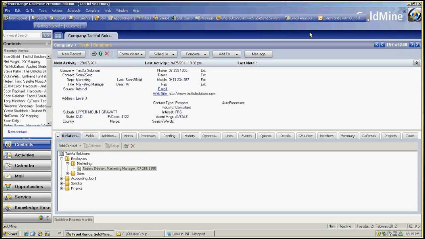Okay, contact record tabs. Now, I've purposely displayed every single contact record tab that's available to us in GoldMine. But I just wanted to go through what each of these sections mean and how much value they can offer to your business, because again, you don't always know how flexible these things are. Now, in this particular record, I actually have a relationships tab. Now, in this case, the relationships tab is linking all the different contacts that work in the company called Tactful Solutions. So here, if I select on the sales, for instance,